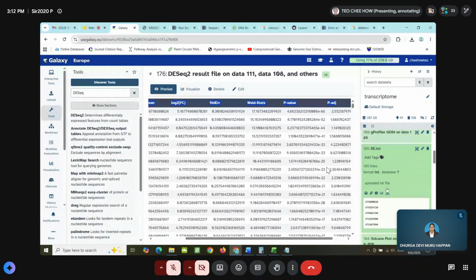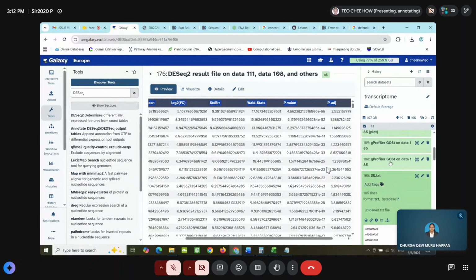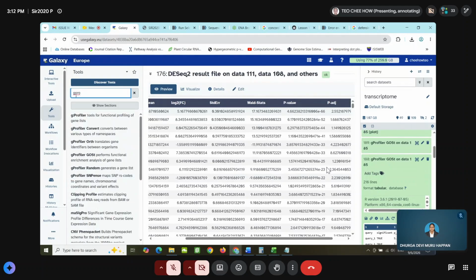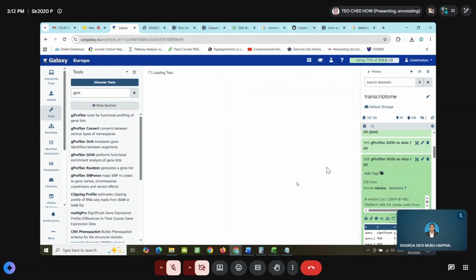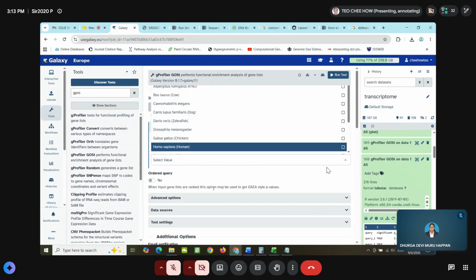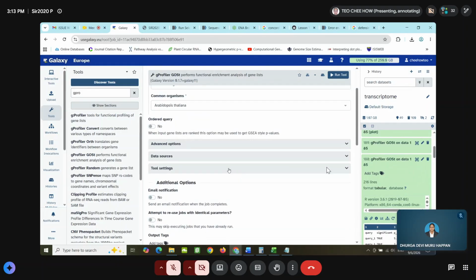So once you have the DE file, you upload the DE file here, and then you use g:Profiler. You put the DE genes, and for the organism, you just select Arabidopsis thaliana, right?